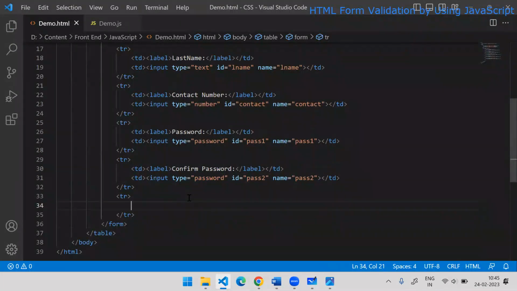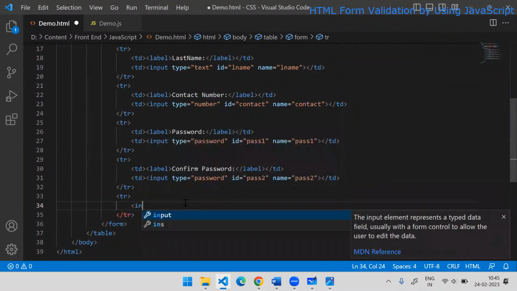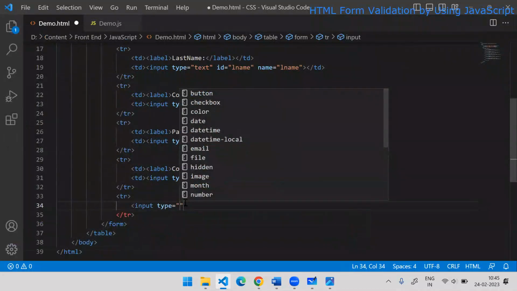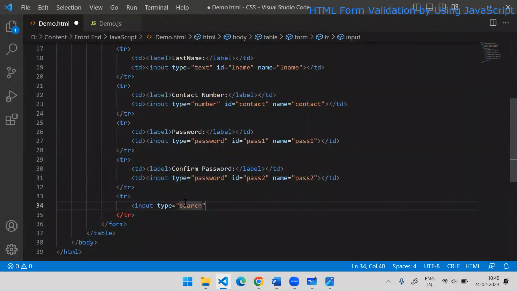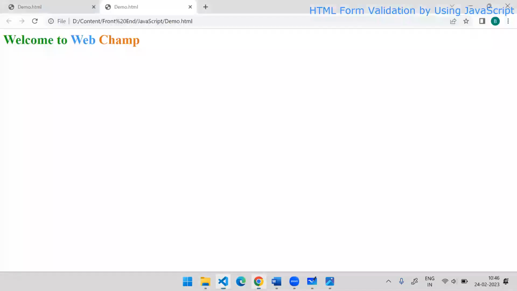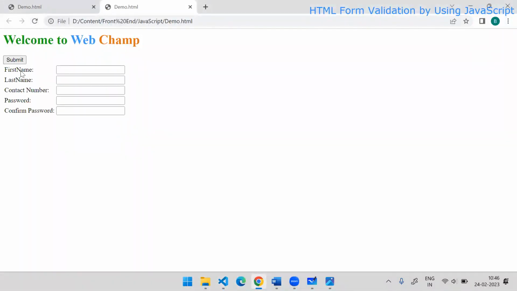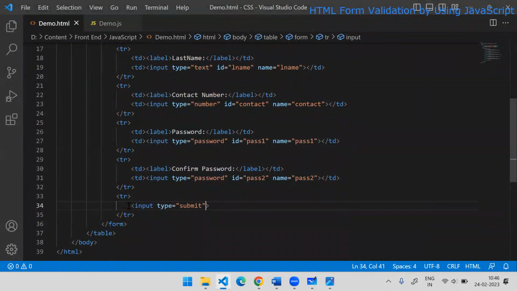At the last, when the form is completely filled, you need a submit button. So I will add input type submit. Whenever you use this input type submit, you will get a button. So I will say input type submit. Right here, if you want to change the value, by default you will see the default value is submit. When I refresh the page, the submit button is coming on the top instead, because